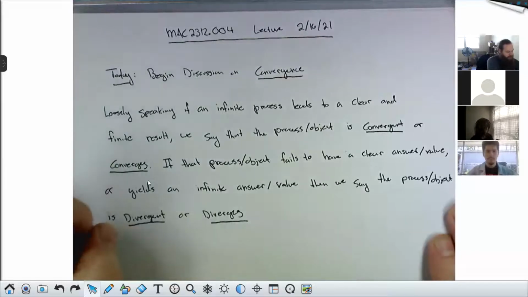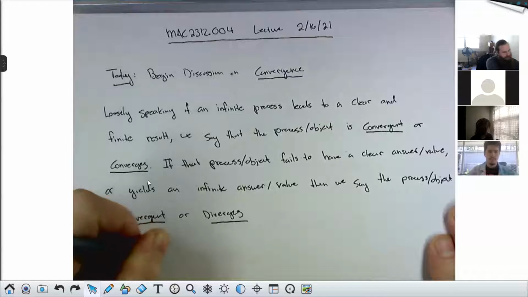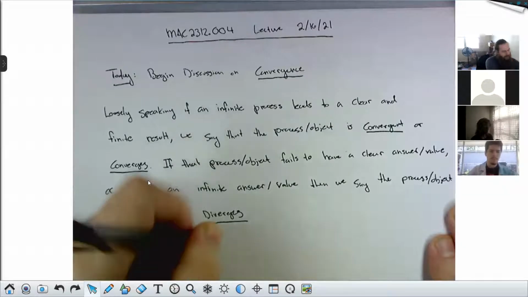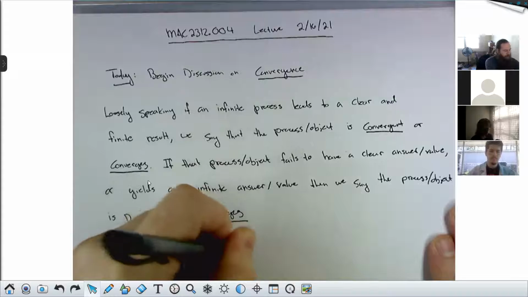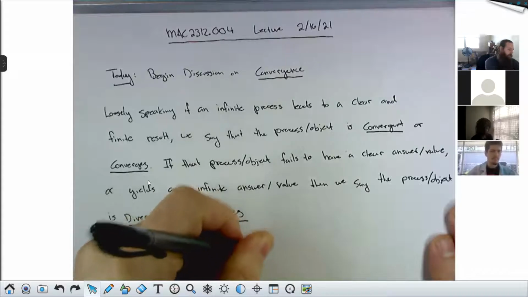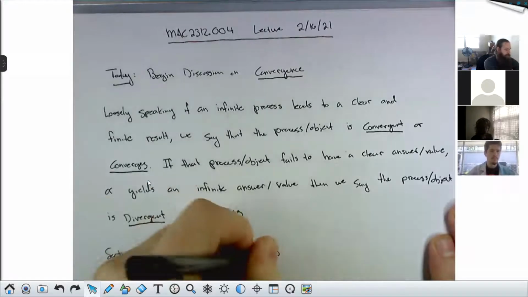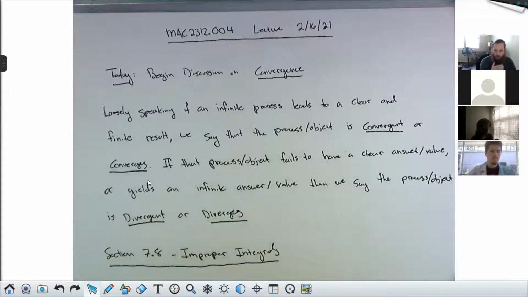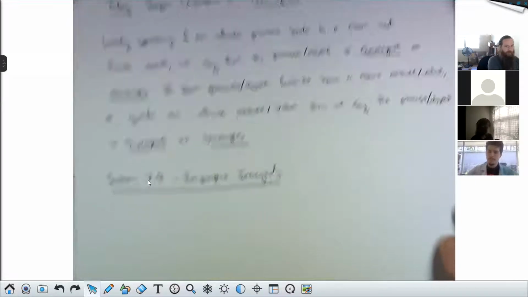So the section we're beginning is section 7.8, and it's on improper integrals. And these will be the first objects to which we assign a notion of convergence. An integral is improper